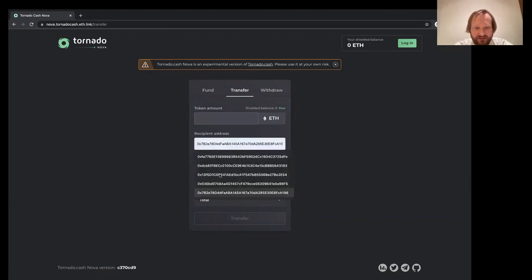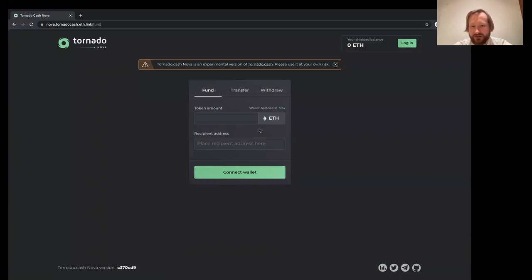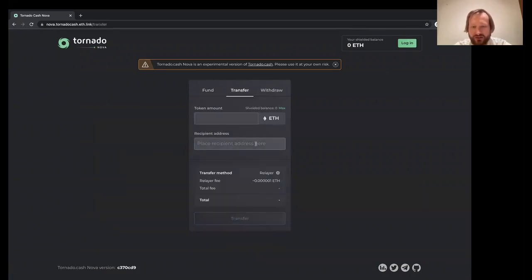And it uses regular Ethereum addresses, but the user has to be registered. Registration happens automatically when you do a deposit, or if you don't want to deposit any funds, but still want other users to be able to send them to you, after you connect MetaMask, you will have a create account button here. It will send a cheap transaction that will just register you in Tornado Cash Nova pool.